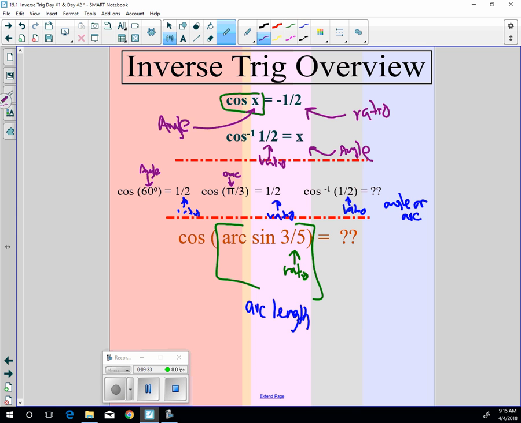But look at this. Now we're going to take the arc length, and what are we going to turn it into next? Back into a ratio. So here's a ratio turning into an arc length, turning back into a ratio. And we're going to find out what that ratio is. Does this sound like it's going to be hard? Sounds like it's really hard. Well, it is if you don't